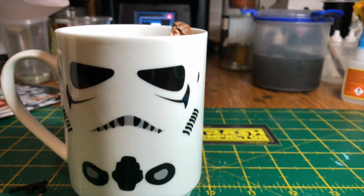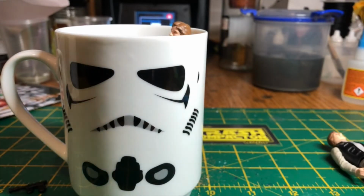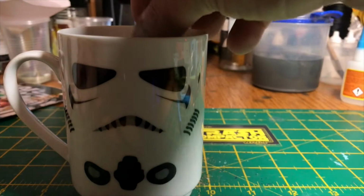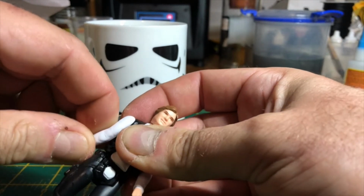I could swap his arms out with the Endor Han, but the trouble is they are actually a little bit longer, so his body's going to look a bit weird with these arms that are longer than they should be, as there is a little bit of a height difference between the Star Wars Han and the Return of the Jedi Han. So this Han's been sat in the boiling water, become nice and soft,